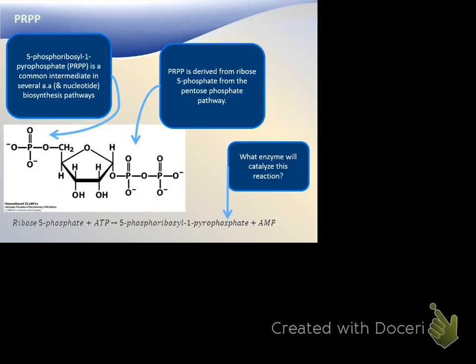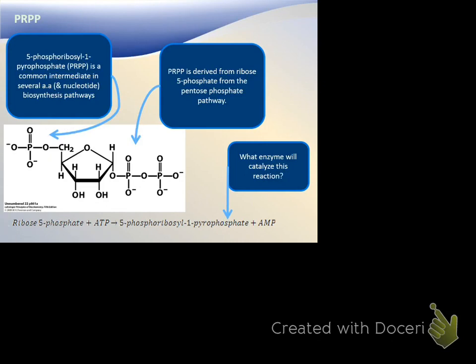So it's derived from the pentose phosphate pathway, which we saw back whenever we were talking about glycolysis and gluconeogenesis. Remember, we have the glucose 6-phosphate that can go off in all three of those directions, depending upon what your body needs. But whenever your body needs to make new nucleotides or certain amino acids, then you're going to undergo the pentose phosphate pathway. And so this is the enzyme's reaction down here.